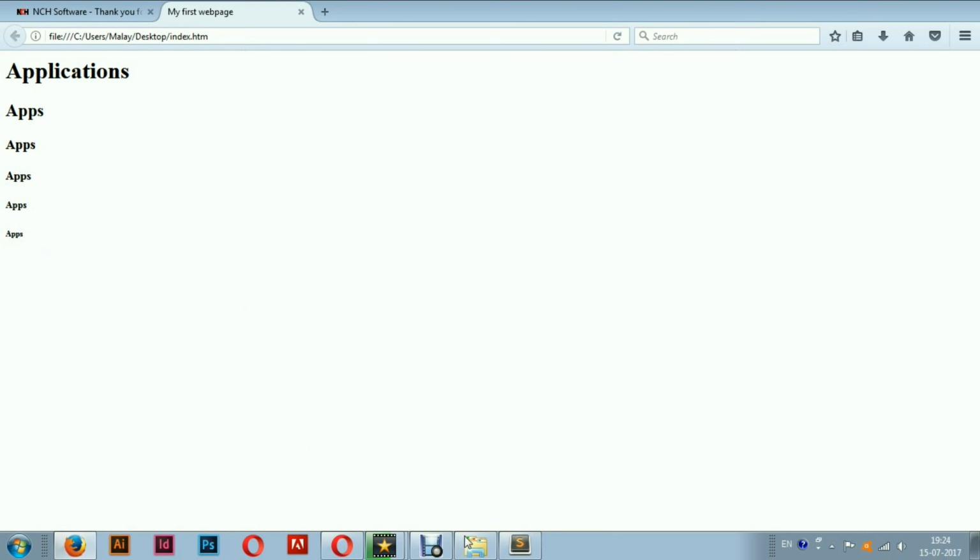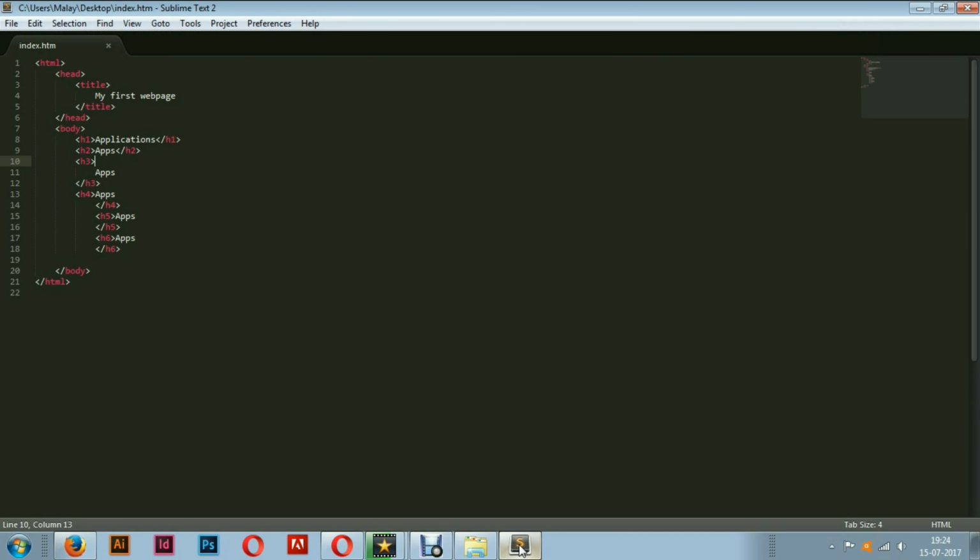Now the second tag that we are about to discuss is the paragraph tag. Let's erase these things and write down the P tag. The P tag stands for paragraph, as I just said. Close this P tag, and you can enter any data that you want in a certain paragraph in our document. For example, I am entering applications, like Facebook,